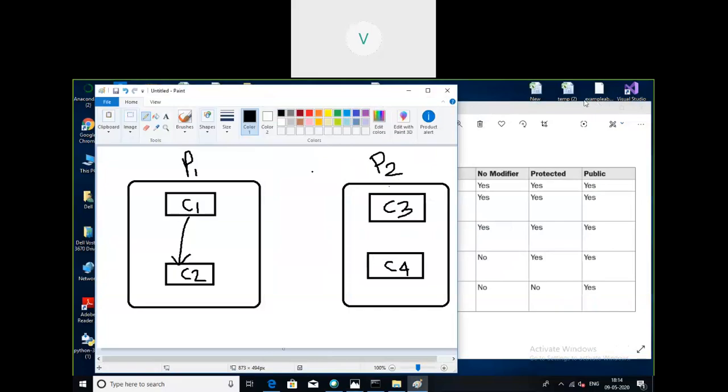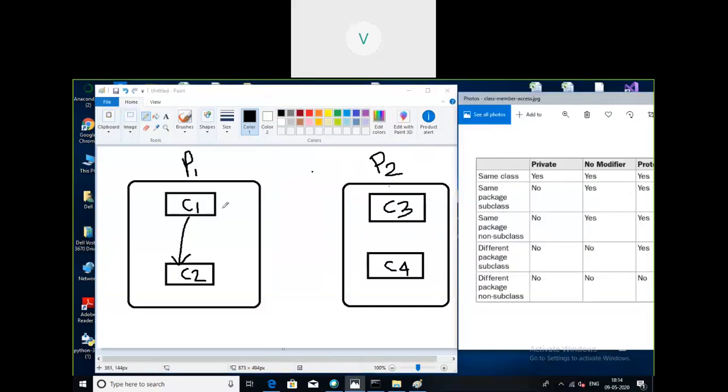When it comes to the second scenario, these two cases talk about the same package. C2 is a class present in the same package where C1 is present, and C2 is a subclass of C1.